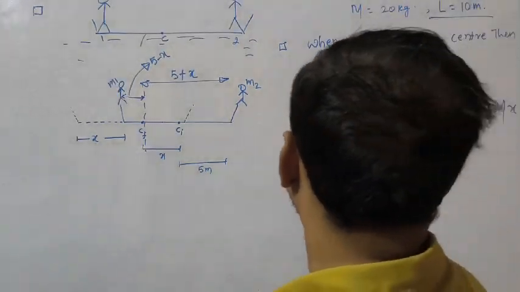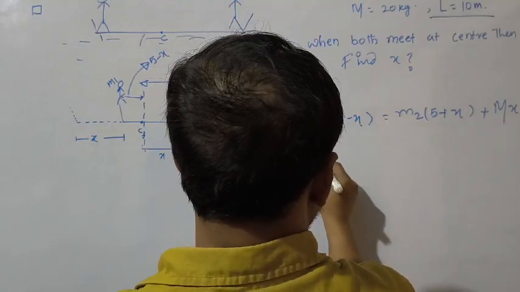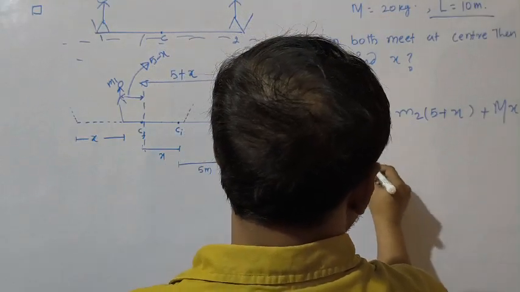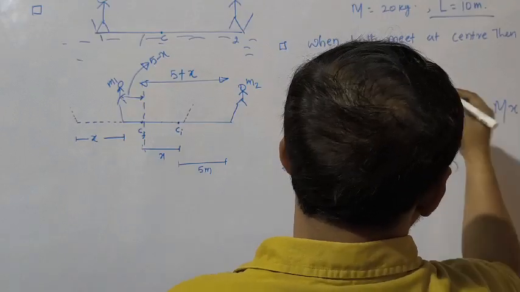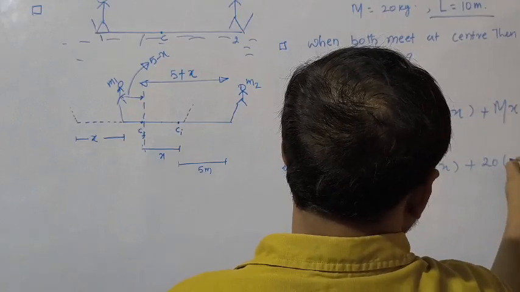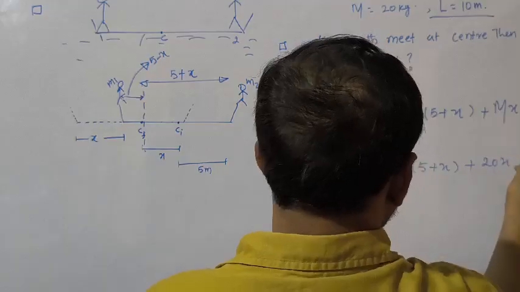Putting the values again, what we will get: 60 into 5 minus x is equal to 40 into 5 plus x plus 20 into x. Solving this,